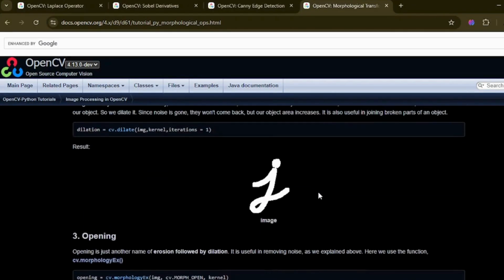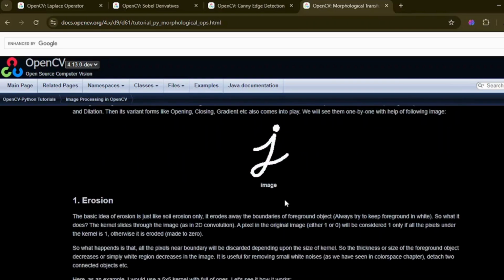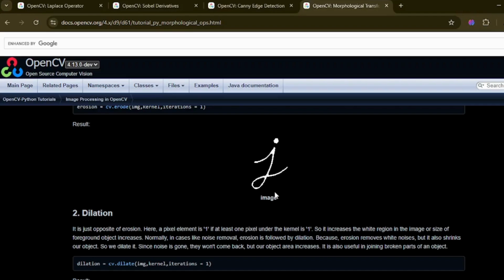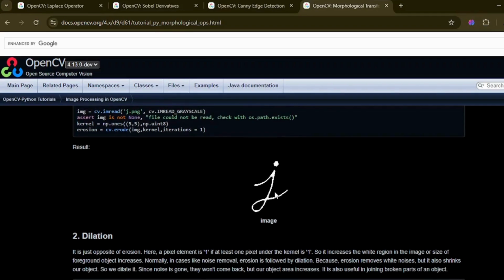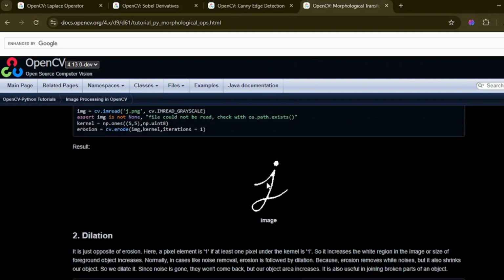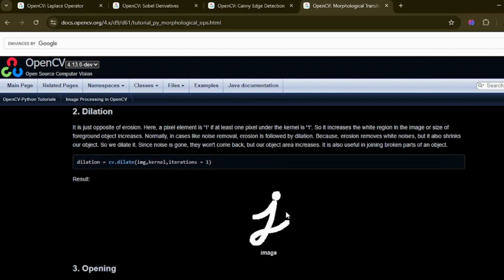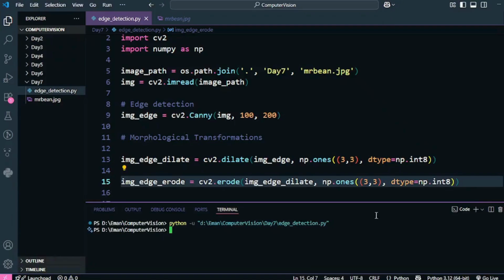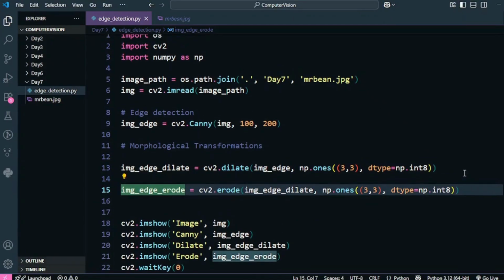If this is the original image, this is the dilated image, and this is the image that we have when we apply the erode function on it. Okay, so as you can see, the edges are now thinner as compared to when we apply dilation on it or the original image. So that was all about today's lecture.